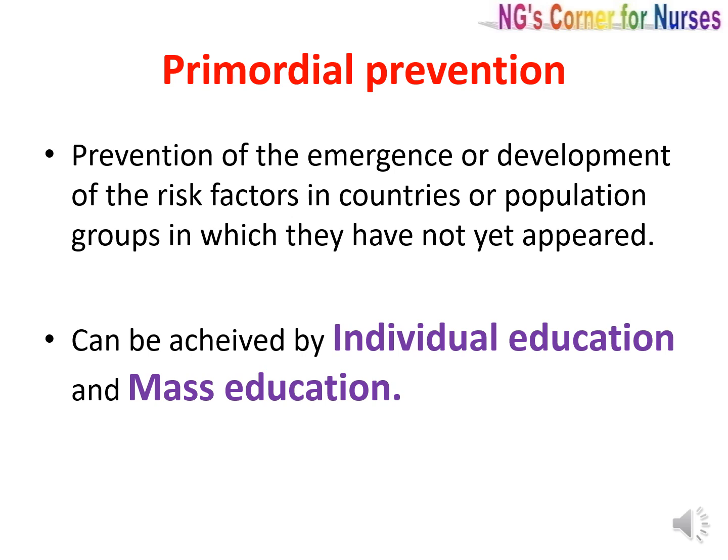And this primordial prevention can be achieved by individual education or mass education. We know individual education. Here we see that the father is telling his child that don't smoke, it is injurious to health. The child didn't smoke, but the father is giving information to him that smoking is injurious to health, so don't smoke even after you grow up. So it is an individual education, one-to-one education.